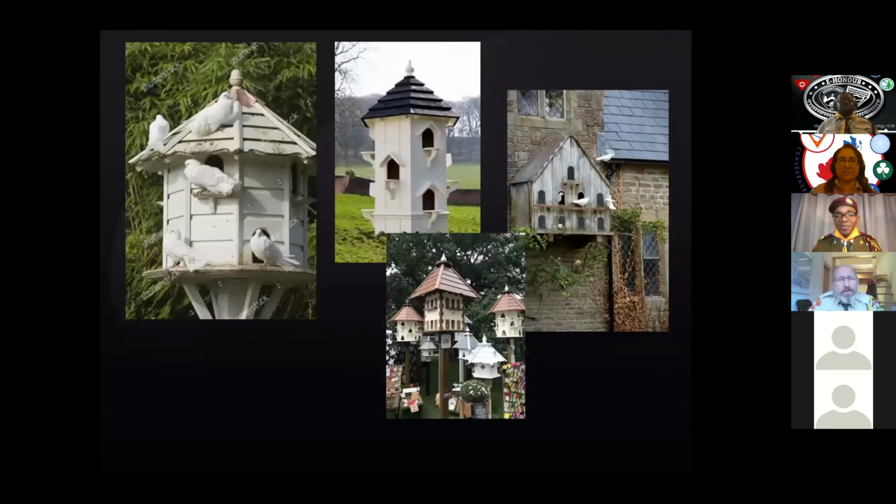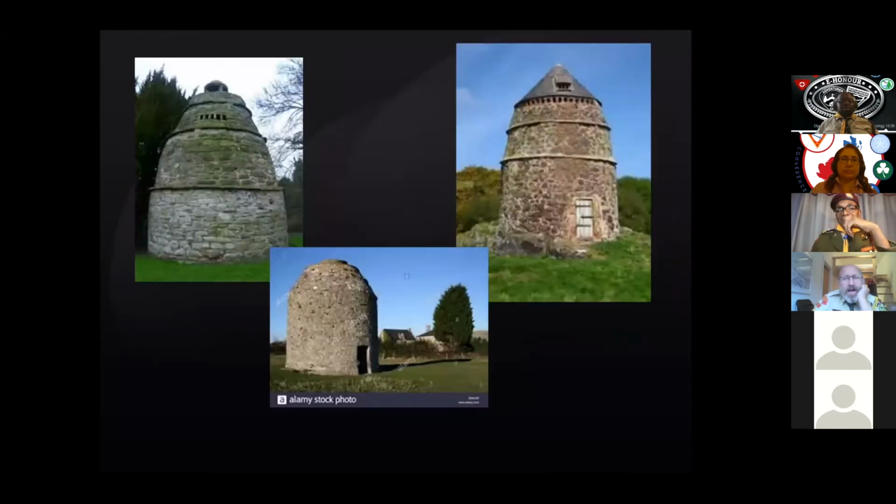Now you've heard of doves. These are dovecots. You've sometimes seen these maybe driving through the countryside in some gardens. White doves. Well, doves are just basically pigeons, white pigeons. They're called doves, and so you've got all different designs of dovecots, and you just put them in your garden, put a pair of doves in there, and they'll live there forevermore. So there's a different type of dovecots that you see around. There's one on the side of a church there as well. And next slide,